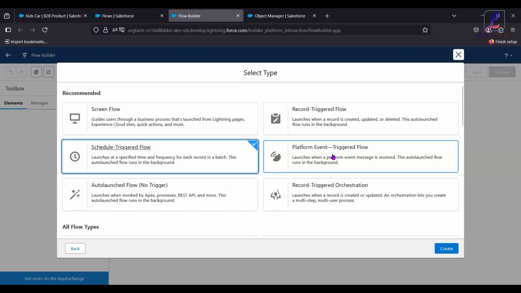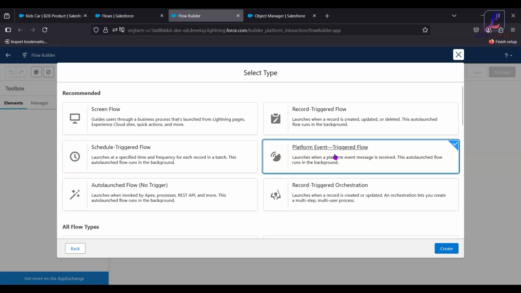So this is scheduled. Platform event triggered flow is a flow which we use in case of LWC components. We fire an event, and that event will be caught by the flow and it will run. Or you can say this is mostly used by developers to sync between coding and flow, right? Let's say